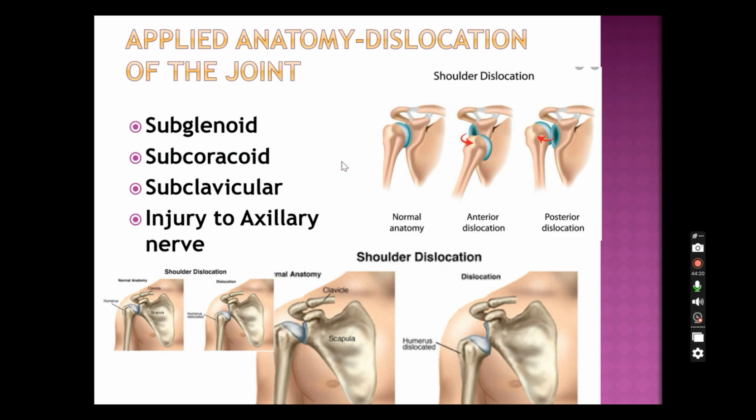Since it is a very unstable joint, with disproportionate size of the head of the humerus and the glenoid cavity, there is a chance that the head of the humerus can dislocate, mostly downwards. When abduction happens up to 90 degrees, no issues. At 90 degrees, what happens? There's a chance that the head of the humerus may slip down. That will be prevented by the